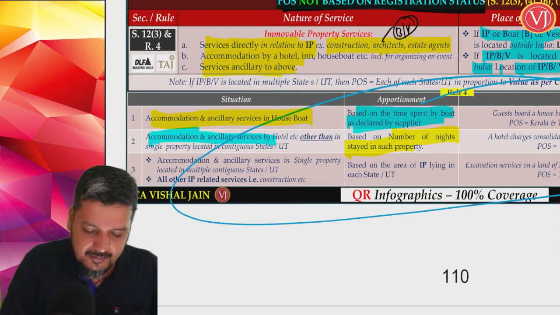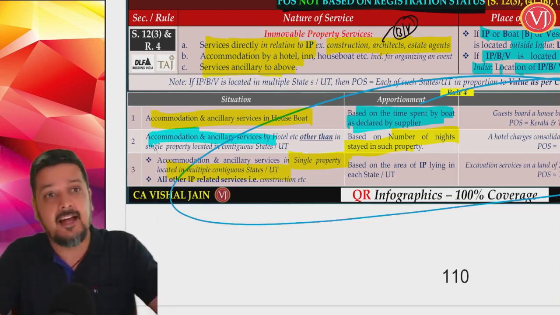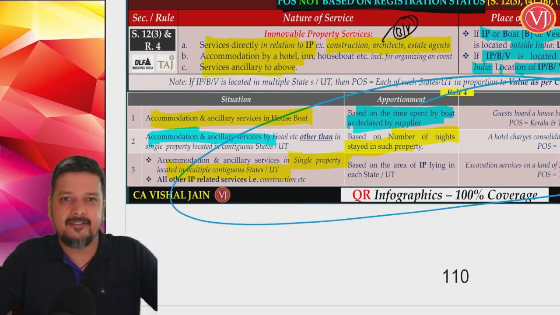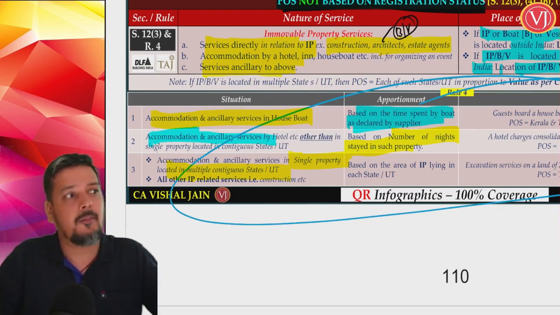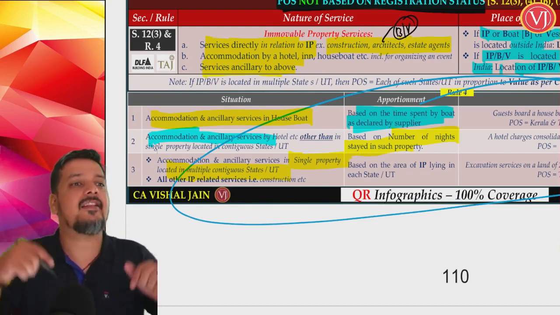Supposing there is a single hotel related to 2 states. Very rare scenario. Say, for example, there is a hotel on the boundary of 2 states, partly in Tamil Nadu, partly in Kerala. Being in Coimbatore, it is very common for us. If you go to Anaikatti, it is highly possible that a big resort is partly in Tamil Nadu, partly in Kerala. I stay in that